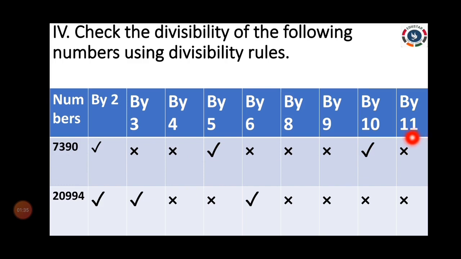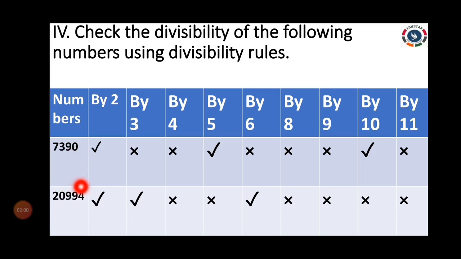And rule 11, the difference we want to find. The sum of the digits at odd places, sum of the digits at even places. Okay, if you subtract that you will get how much now? Here 9 plus 7, 16. 16 minus 3, you are getting 13. So 13 is not divisible by 11. And next is one,